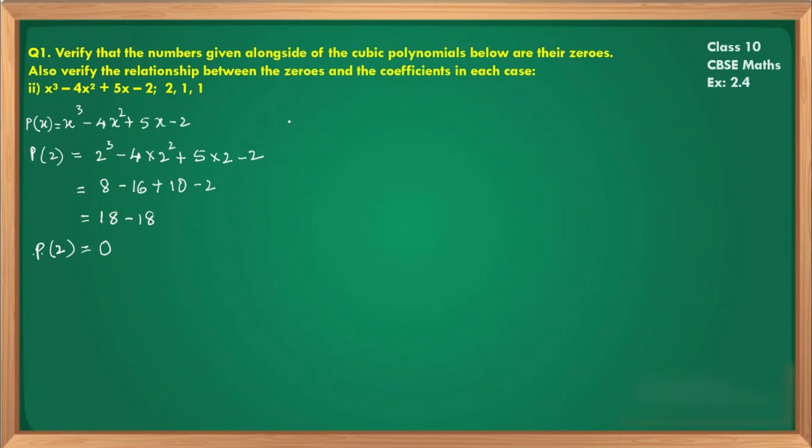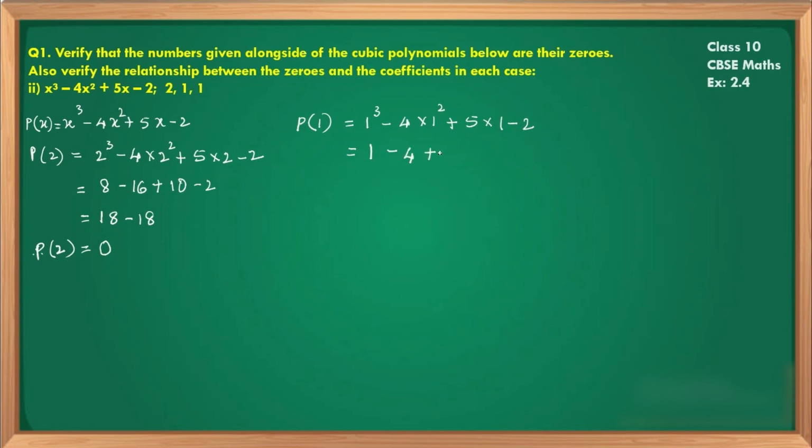The second is 1. You put the value of 1 wherever we have x. P of 1 is equal to, here we have x cube, that is 1 cube, minus 4x square, minus 4 into 1 square, plus 5x, that means plus 5 into 1. Then lastly minus 2, which is constant. We simplify now: 1 cube is again 1, minus 1 square is 1, 4 into 1 is 4,